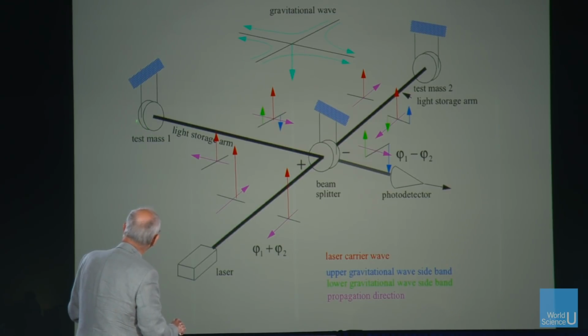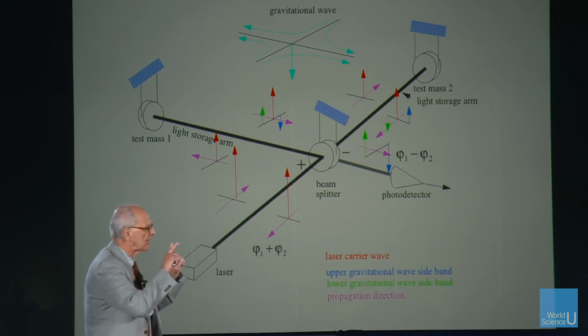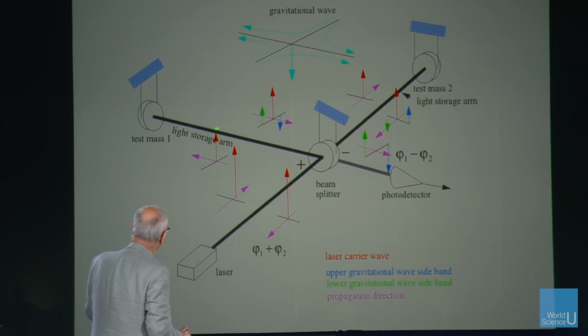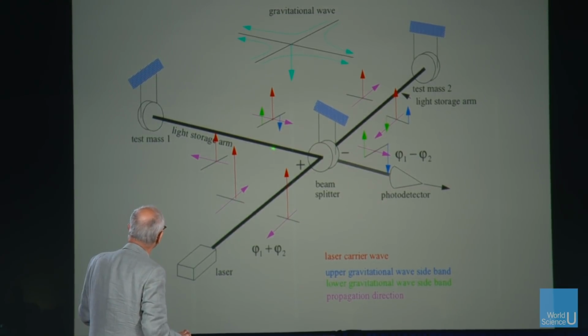The mirror, remember, is being driven by the gravitational wave, which is wiggling at the frequency of the gravitational wave. And that causes the carrier to be reflected from this. That's certainly there. You can see that. But it also makes sidebands on the light that are at the frequency of the carrier plus and minus the frequency of the gravitational wave. And sidebands are, that's one way to think about the Doppler shift, effectively, that's coming from the motion of the mirror, if you want to think of it that way. I like to think of it more of the space doing the same thing. And that's the way Gertsenshtein thought about it also.